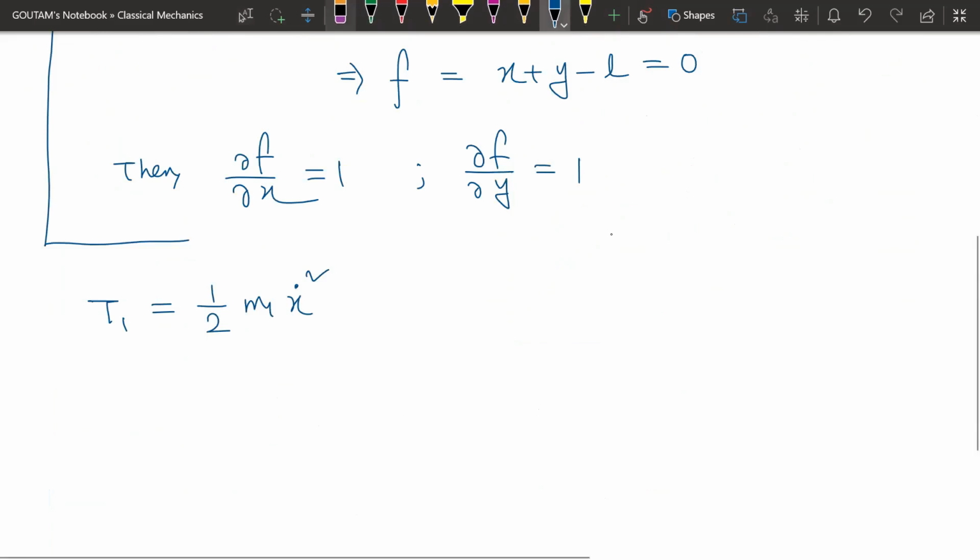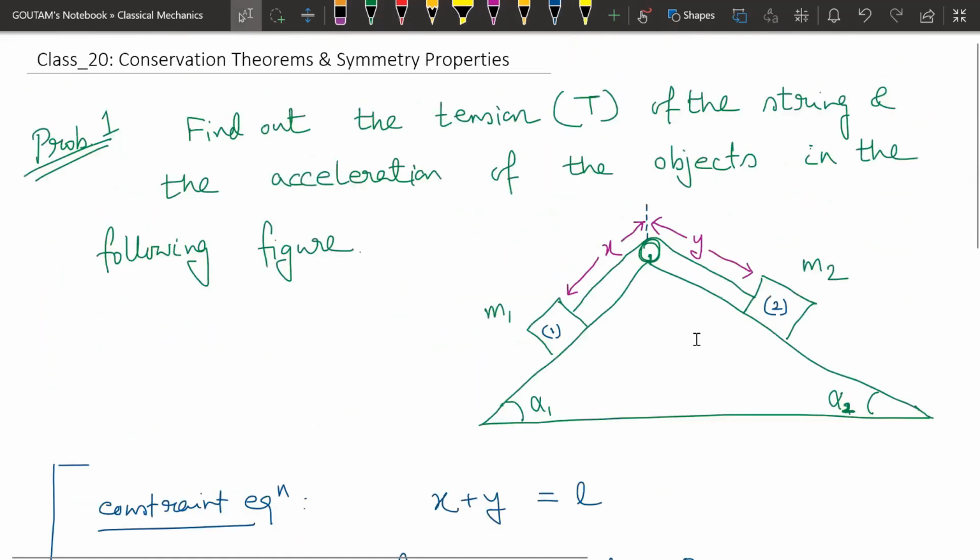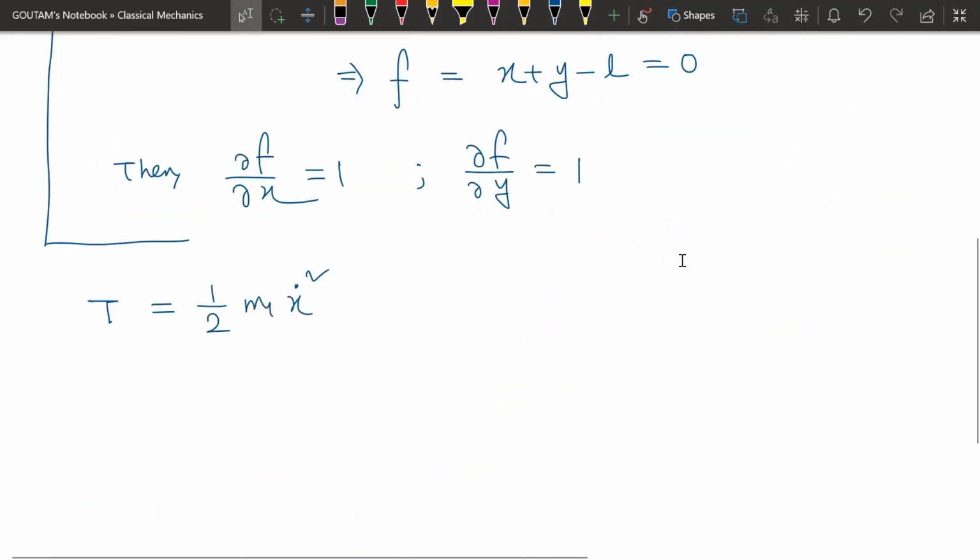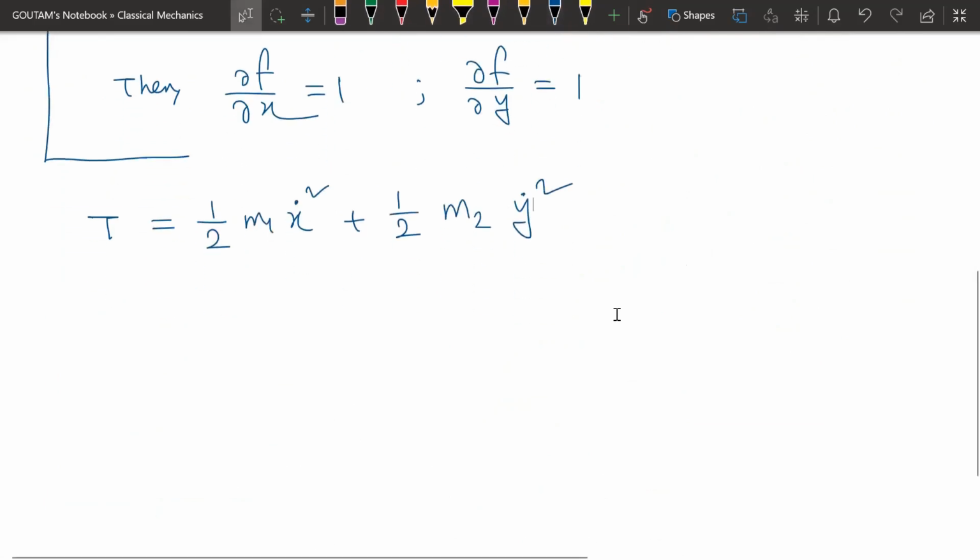So the total kinetic energy will be the kinetic energy of the first object, which is half m1 x dot square, and the kinetic energy of the second object, it will be half m2 y dot square. And the potential energy will be